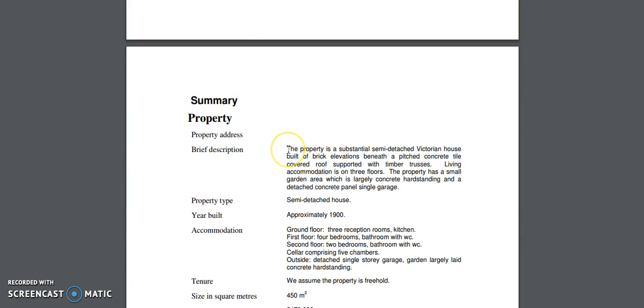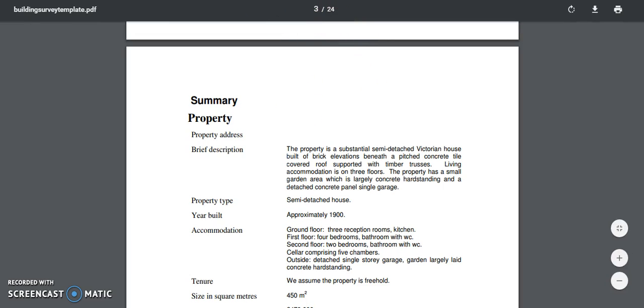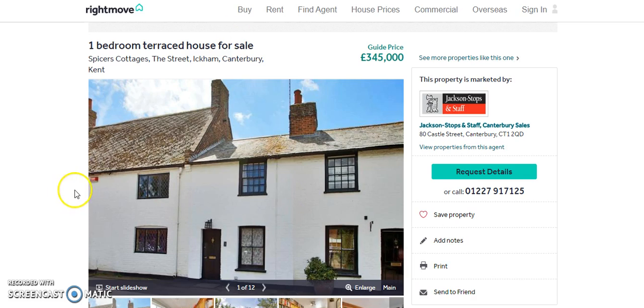And if we look at the brief description, there's nothing emotive here. It's not trying to sell anything. It's literally just giving us the facts. It's telling us when it was built, what type of property it is, different rooms in the house, and everything like that. However, if we were to look at an advert for a house, so again a persuasive piece of text,